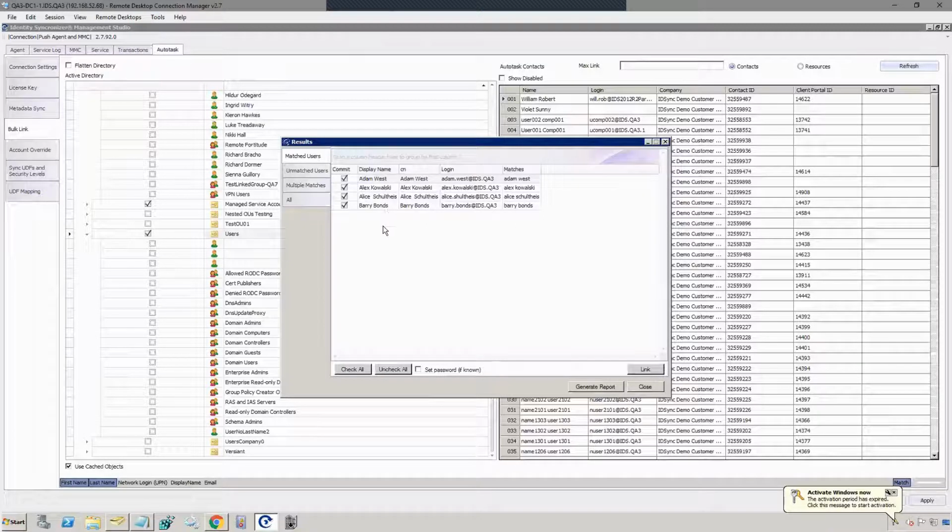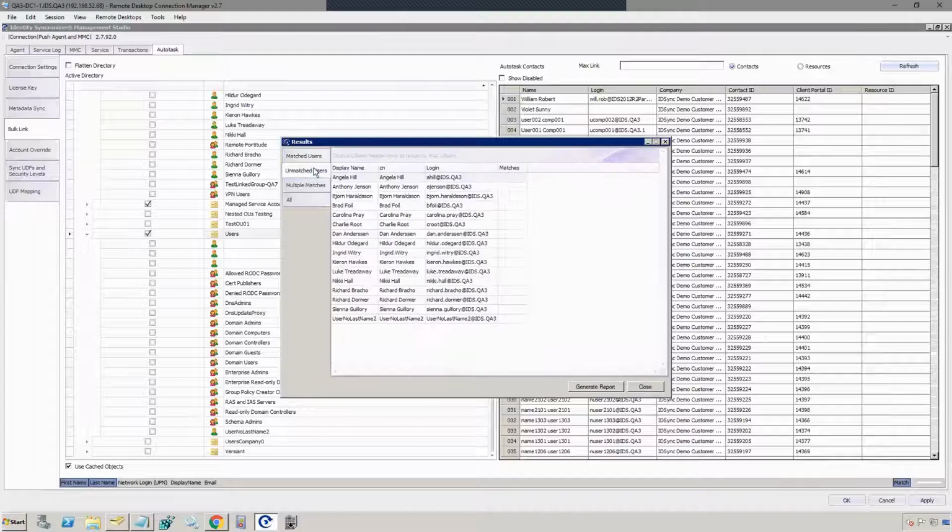It gives you this ability to go through and do a linking with all those existing customers or existing contacts, because we want to make sure we get those. It also creates a kind of opposite report, which is how many users were in these OUs that I selected, but do not yet have contacts made. So these are the ones that we need to catch up. We need to do something with them. And so we can generate a report